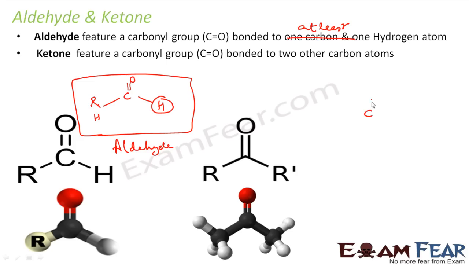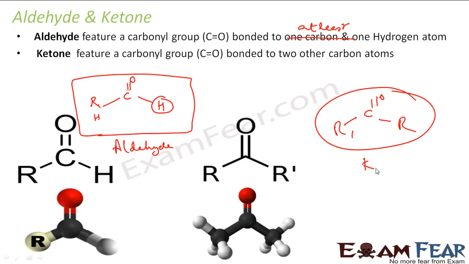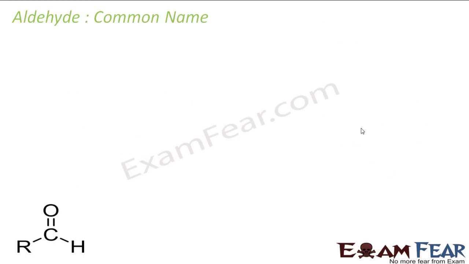To talk about ketone, in this ketone both have to be some R. This is my ketone. Right? So both the bonds of this carbon are used anyway. Now we have only 2 bonds left, so both have to be bonded to carbon, right? This is an alkyl group, so it's a carbon. This is my ketone.